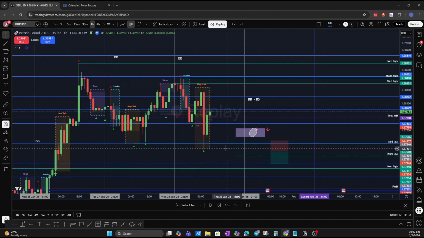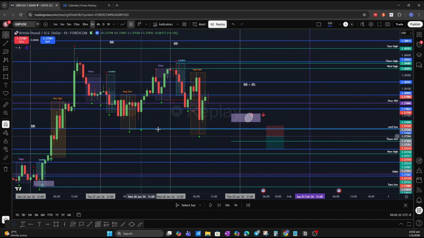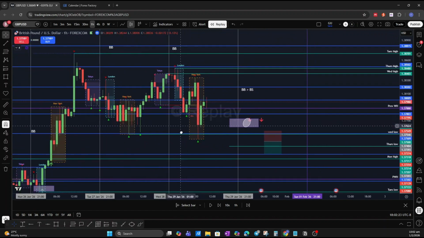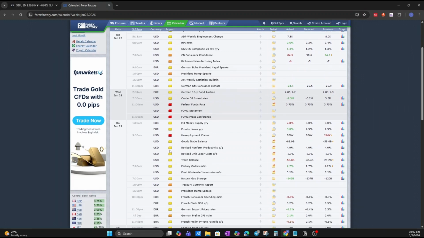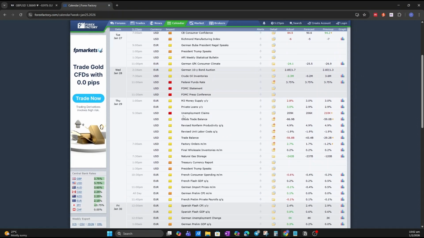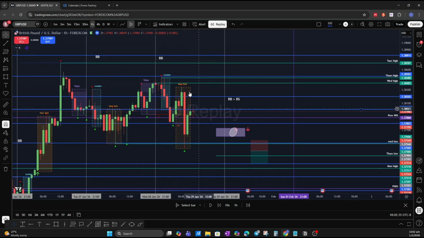So there's no bullish clusters. Bullish clusters are like this and like this. There's no bullish clusters at all. So it's a non-trading day for me. So on 29 January, unemployment claims at 5:30 a.m., not much movement. I remember this day there's some political unrest, something is happening which led to this big